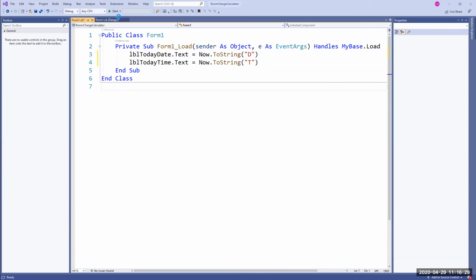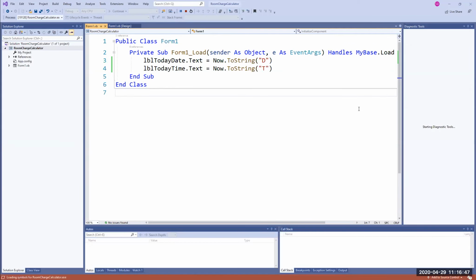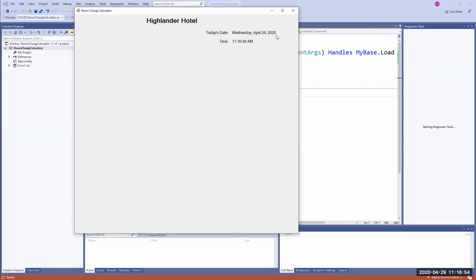basically it should display the system date and time. Okay, it does take a little time at the beginning to compile, but it's gonna do that in a little bit. All right. Anyway, anyone have any question of what we're doing so far? Right. All right. So we are in run mode, and here it is. It did run, and it displays today's date, which is Wednesday, April 29, and the time is 11:16 right now. So it's working okay, right? So, let me do the rest of it. Okay. So the rest of it is